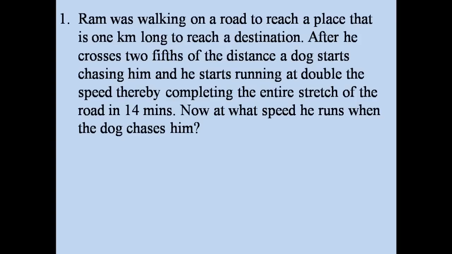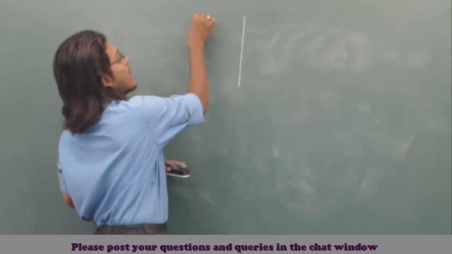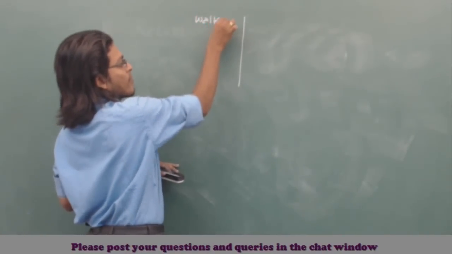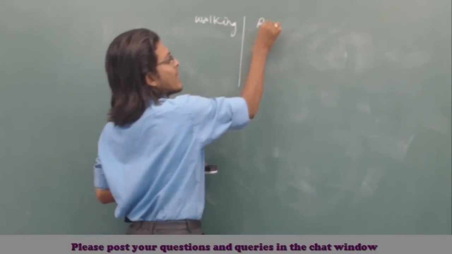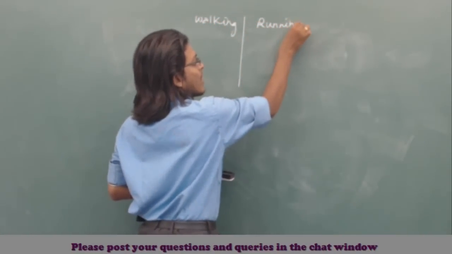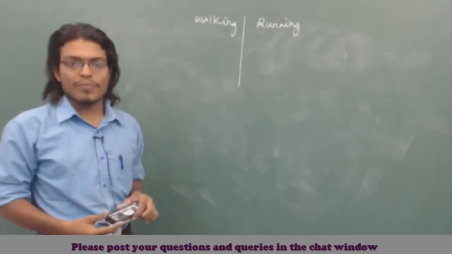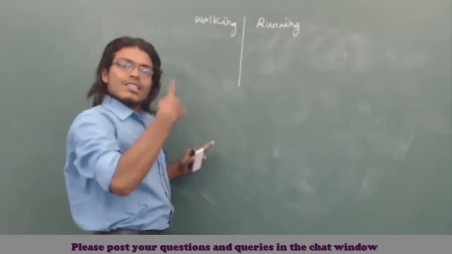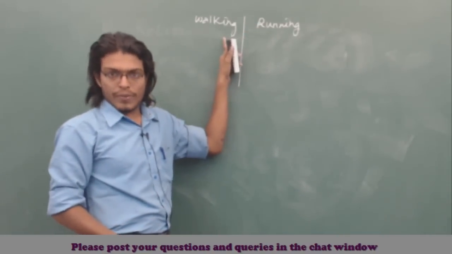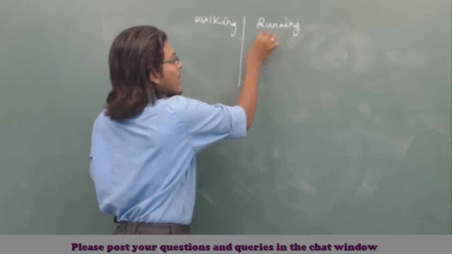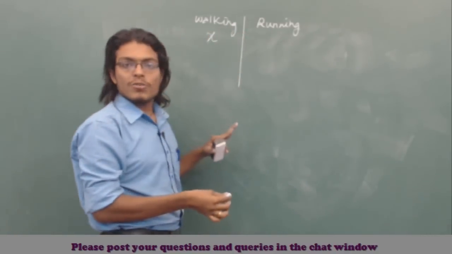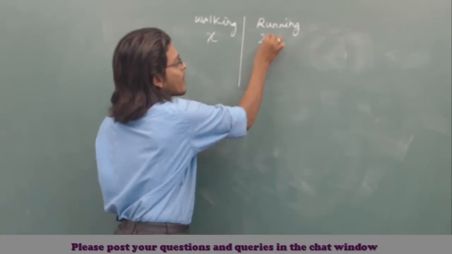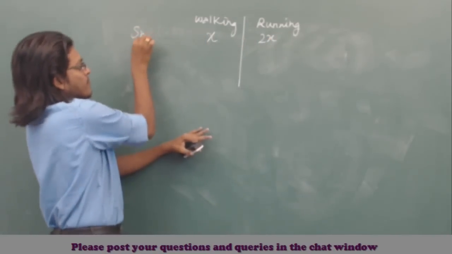Now you have two journeys. One is him walking and the other is him running while the dog is chasing him, right. What is given? The running speed is twice his walking speed. So if x is the walking speed, what will be his running speed? 2x,